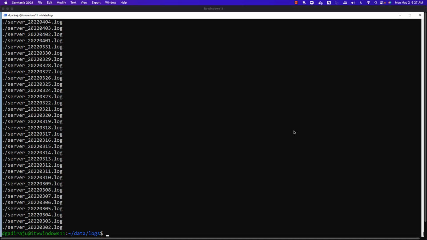Also, before going further to actually see how to rename the files, let me remove this logs folder. For that, I'm actually going to the parent folder of logs. It is currently under data folder. I'm actually saying rm -rf, then logs. It will take care of deleting the logs folder for us. As logs folder is cleaned up, now it is time for us to go to the details about renaming the